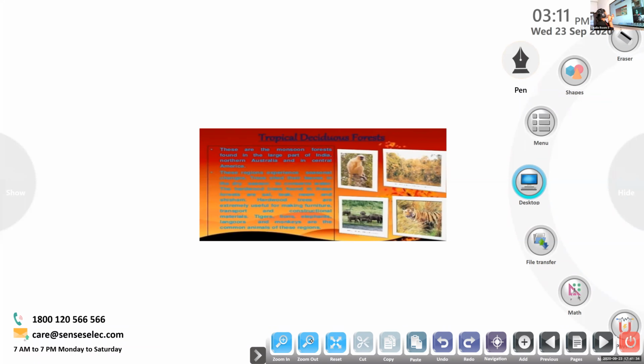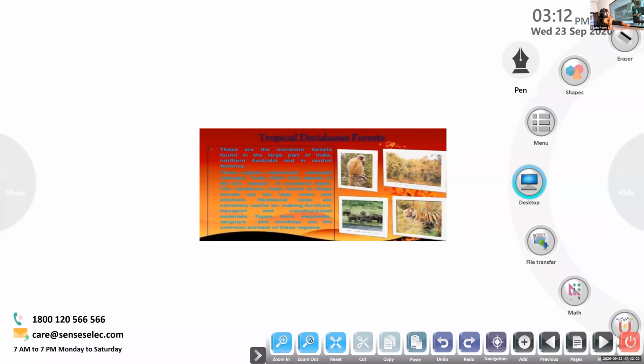But here in tropical deciduous forest, this region experiences seasonal change, and the trees shed their leaves in dry season to conserve water.